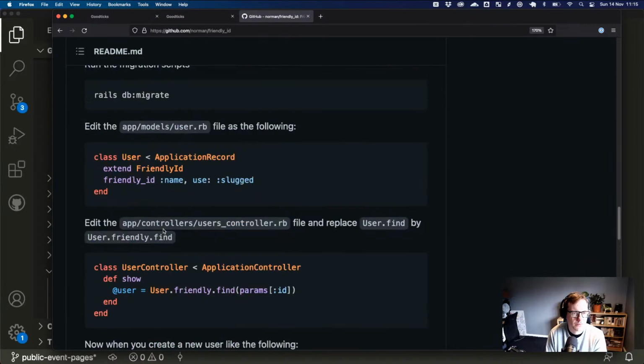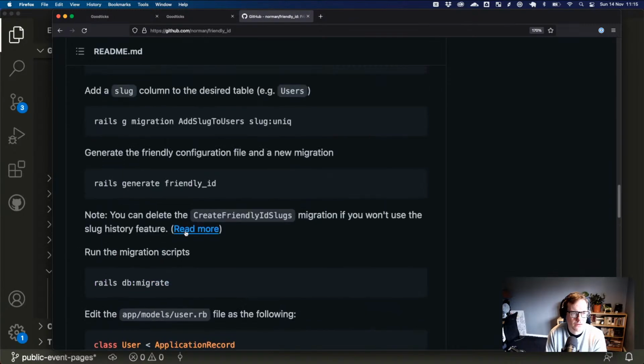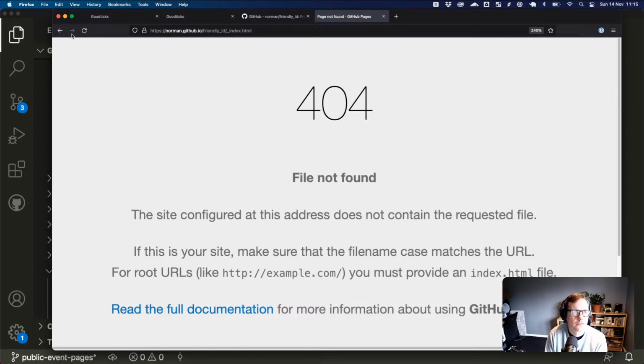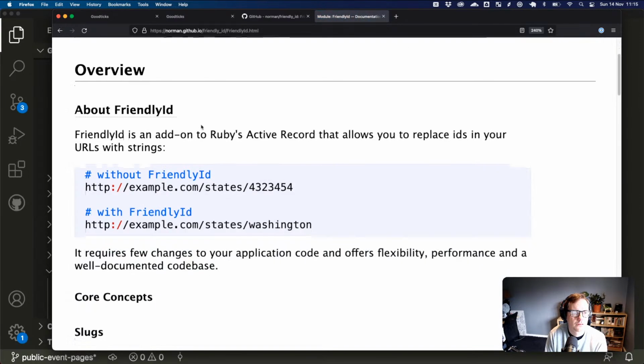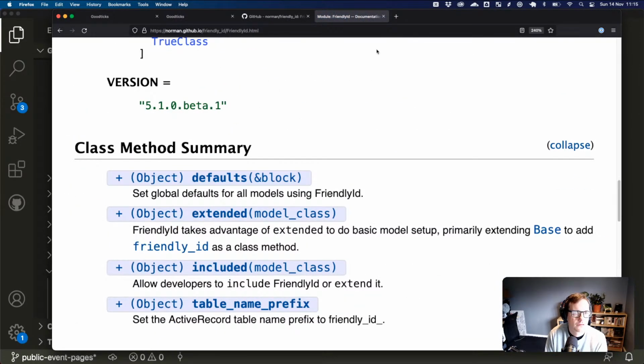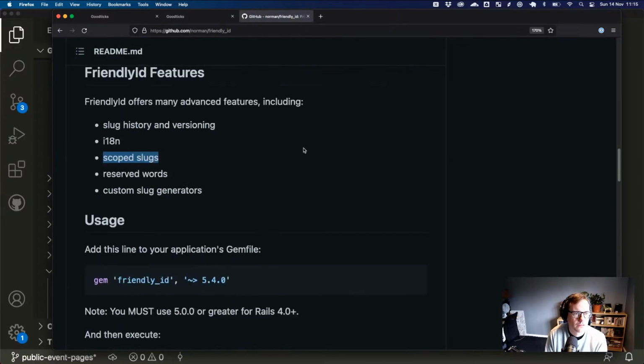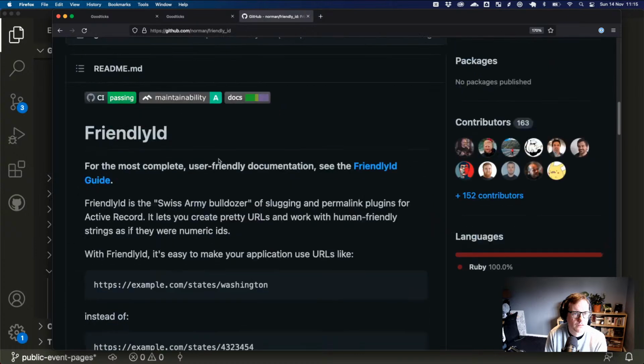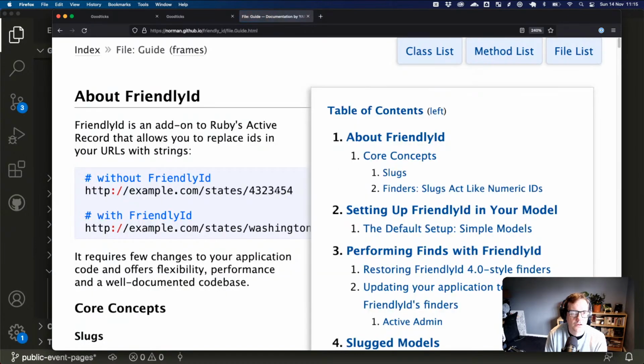And there's going to be a link to some docs in here, hopefully somewhere. Friendly ID guide, that's what I'm looking for. Oh, okay.